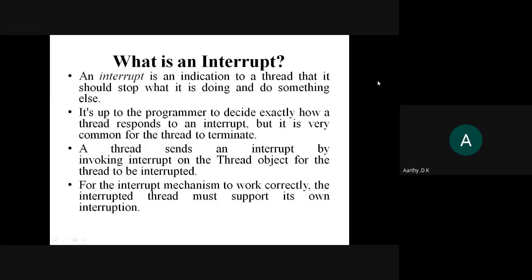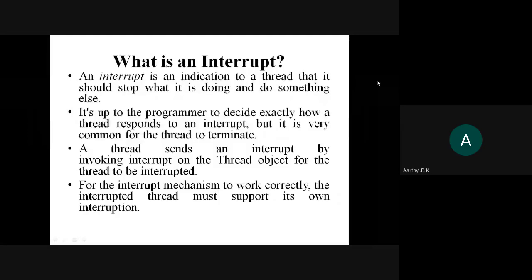When a thread is getting executed, if you want to stop the thread, then we have a technique to do that. When a thread goes into the running state and is in running mode, you can stop the thread. So how do we stop the thread? An interrupt is an indication to a thread that it should stop what it is doing and do something else.